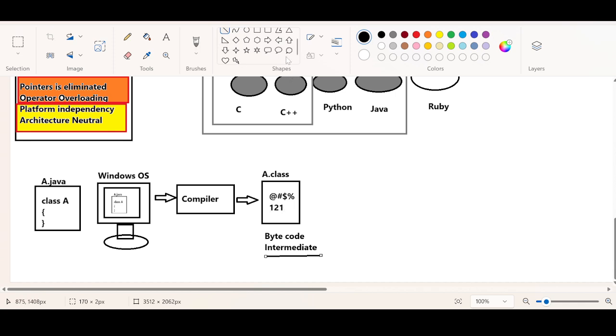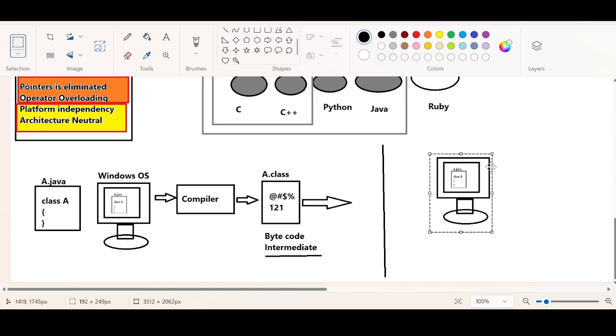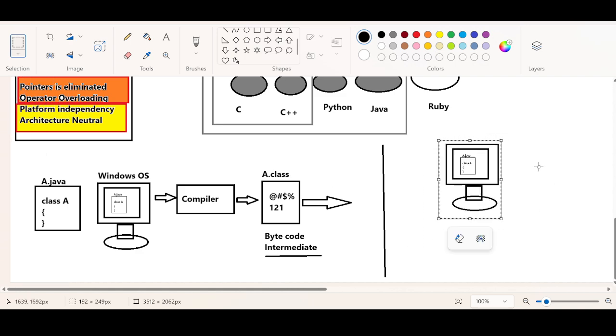After having the .class file generated, I have many options. I want to perform the execution. What operating system am I using here? In this case, I'm using the Windows operating system. Yes or no? My operating system is Windows, right? So inside this Windows operating system, I want to start executing